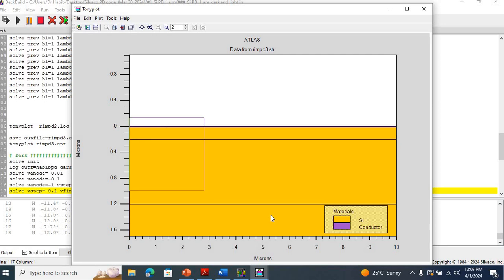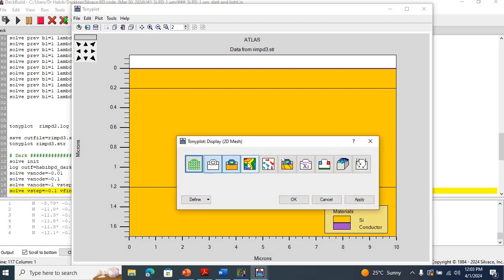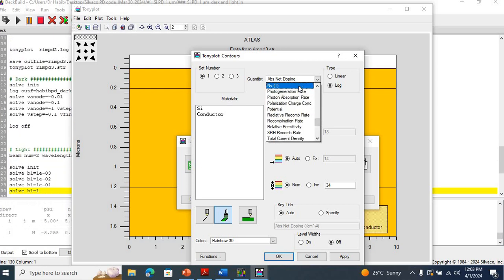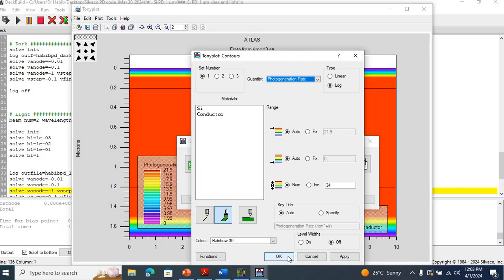Furthermore, here is the same structure under light conditions. So if I right click on the structure and then I go to display, click contours, go to define, click contours once again, and here I want to look at the photo generation rate. So click on photo generation rate now, hit apply,